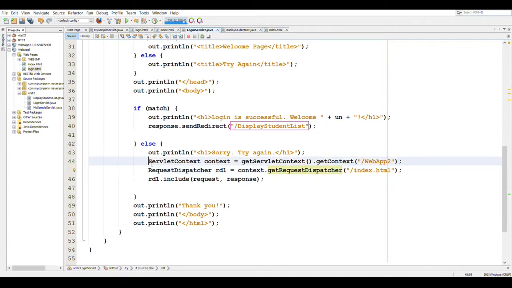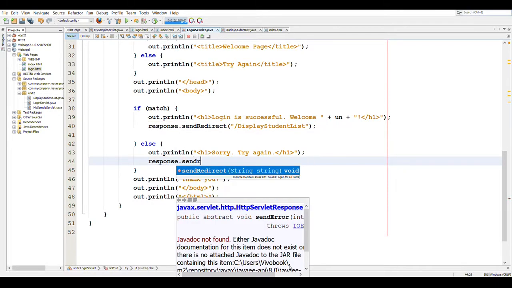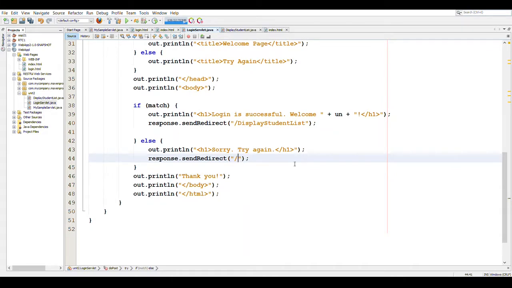Similarly, in the else part, if the username and password do not match, we again redirect our response to the login.html file.